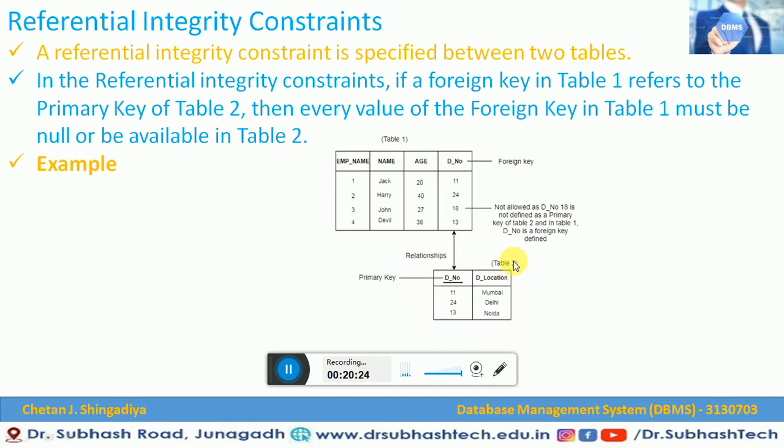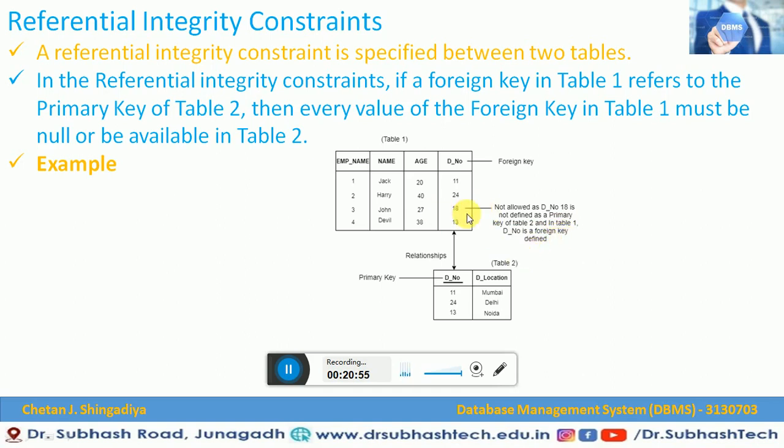So what we have understood is that whatever records are there in table 1 should be available in table 2 also. And if there are no records, then it should be null values, but that is not allowed, because department number 18 is not defined as a primary key in table 2. That means the record with primary key 18 is not available in table 2, and in table 1, department number is a defined foreign key.